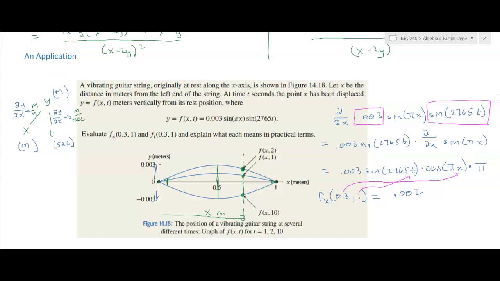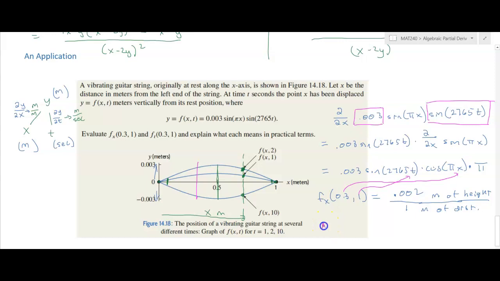0.002. Now, in terms of the units that we've established, we said that the derivative of the function with respect to x is going to be in units of meters per meter. Now, if I put this over 1, it's going to be a little bit easier to see. 0.002 meters of height per 1 meter of distance. So if we think about what this means, at a distance of 1, or sorry, at a distance of 0.3, which is somewhere in the middle here, right about there maybe,